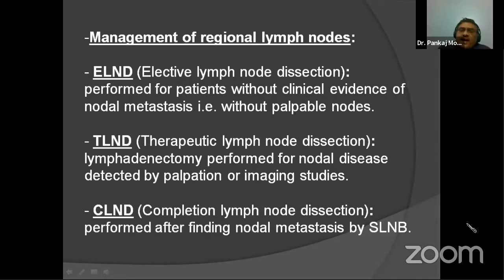But is it required if it is a palpable node? Because what you are saying is, if it is a palpable node, you should go for therapeutic node dissection. Is it true? What she has written is that if FNAC is not conclusive, you go for excision node biopsy? I have a doubt. I think FNAC has all these problems, including false negativity.